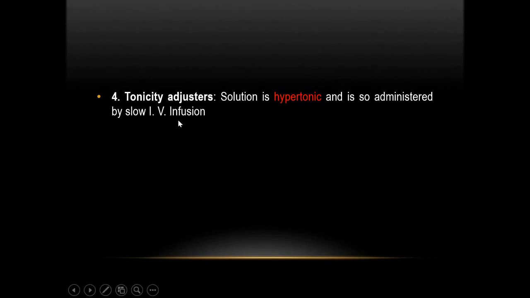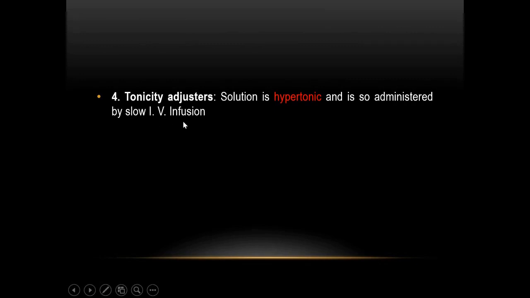What is the difference between IV infusion and IV injection? What does injection mean? The 5-10 ml injection that comes in ampoules, which you break and inject directly, that is an IV injection. And IV infusion means the saline injection, which enters your bloodstream drop by drop. You must have seen saline injections many times. The nurses adjust the speed of this infusion, either 1 drop per second or 1 or 2 drops per second, likewise.